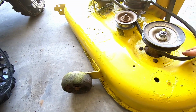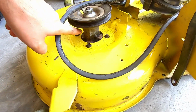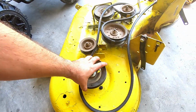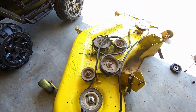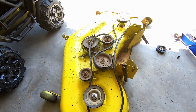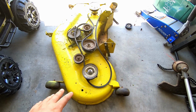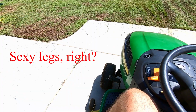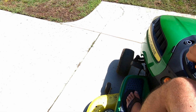Alright, this is how the final product looks. I did grease the spindles using those Zerk fittings, all 3 of them, just making sure it spins freely. So the next step, I'm gonna try to attach it back to the tractor, and we're gonna do the test run, making sure it's just not gonna fall off right away. Alright, I already did the test run, but to show you guys how it works,